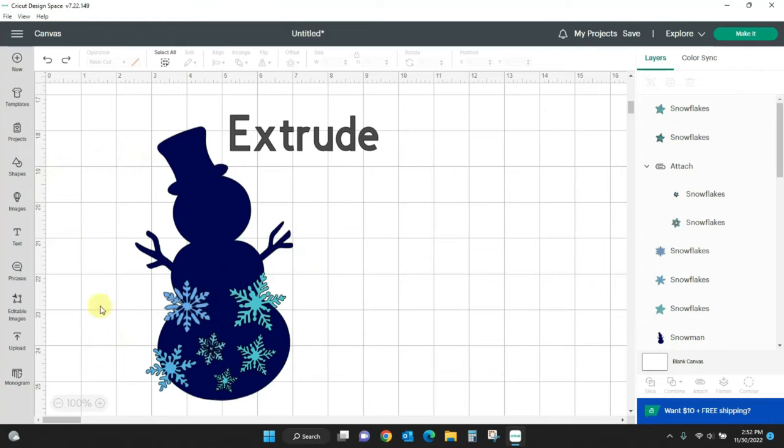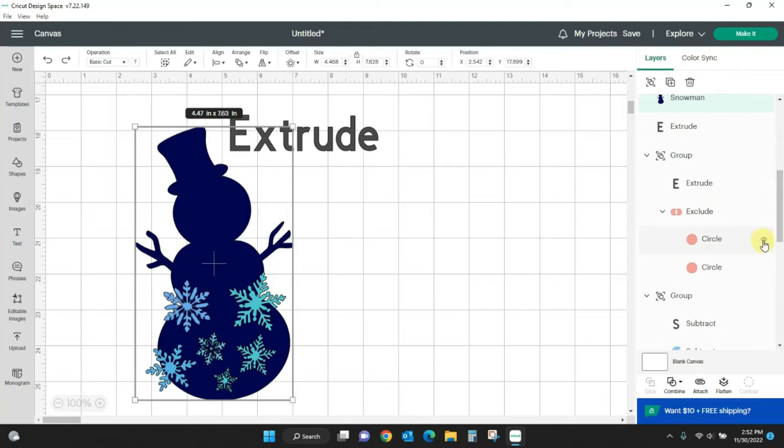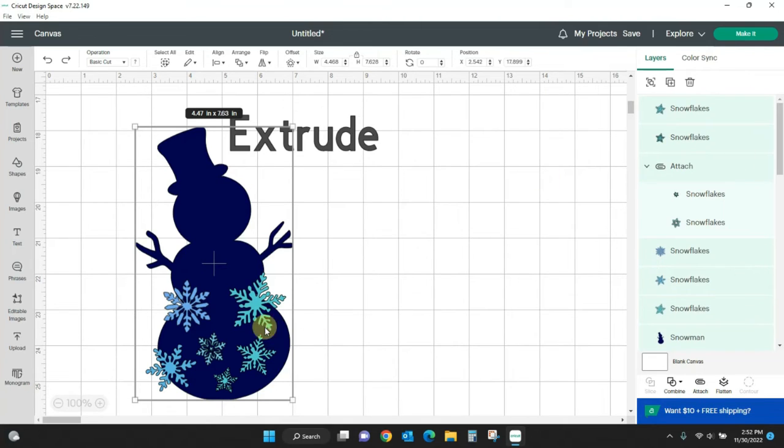So I'm going to select everything here. I've got my snowman and each of my snowflakes selected, and I can tell that for sure because when I come over here, everything is highlighted in blue. I know it's selected. If it's not selected, it's white. Okay, so I've got everything highlighted. I'm going to come to Combine, Extrude,